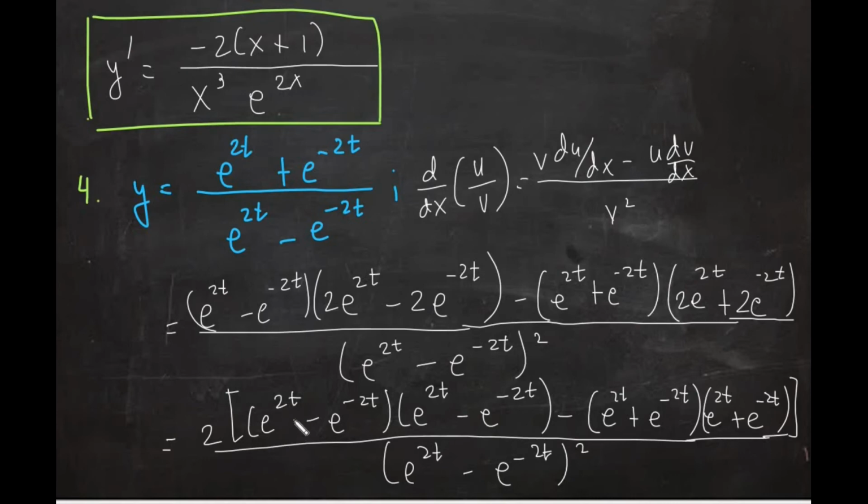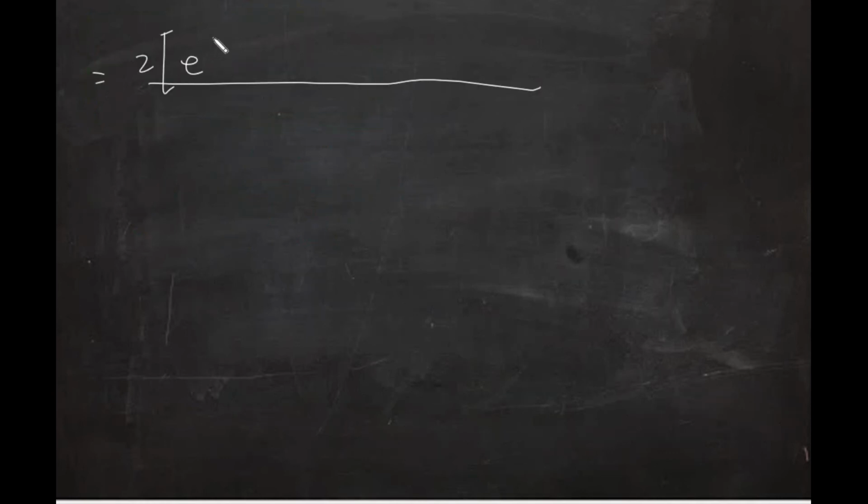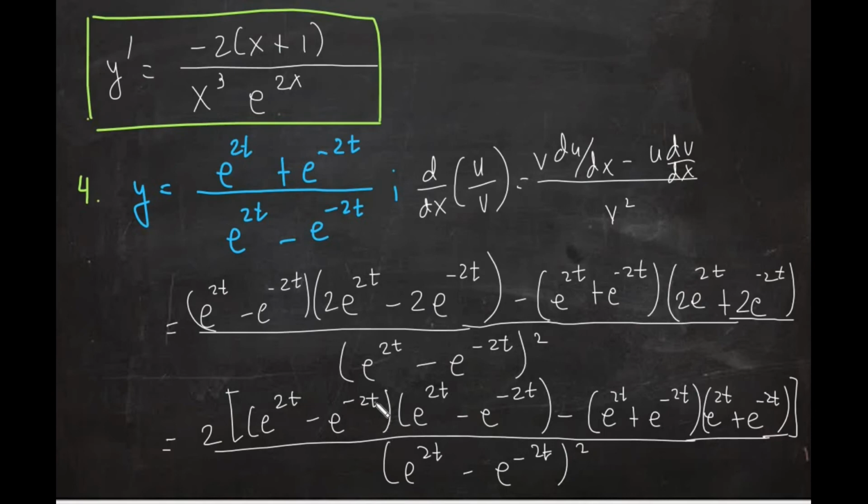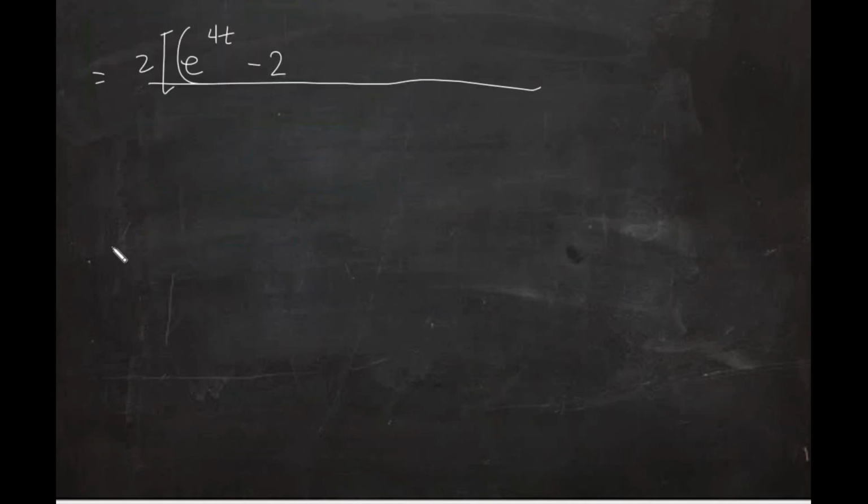And if you multiply these two together, then you will produce 1 because of the exponent, and what would be left is simply 2. So first we'll have e raised to 4t and then minus 2. Then we will square this one, so the square of that one is plus e raised to negative 4t. Then minus,